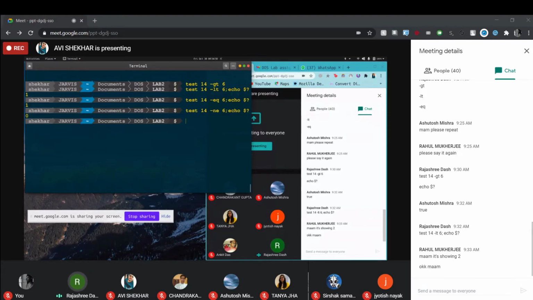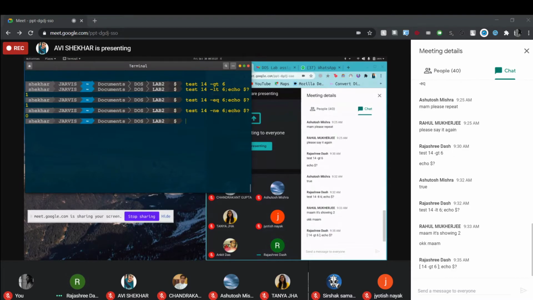Now, just check. Here we have represented the condition using the test command. The same thing you can also do using square bracket. The test can also be replaced using square bracket like this. Square bracket, 14 -gt 6. Then after that, you can take the exit status of the command by writing echo $?. But remember, after the square bracket, give the space.